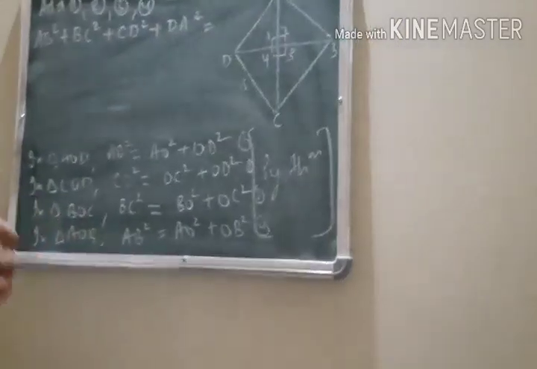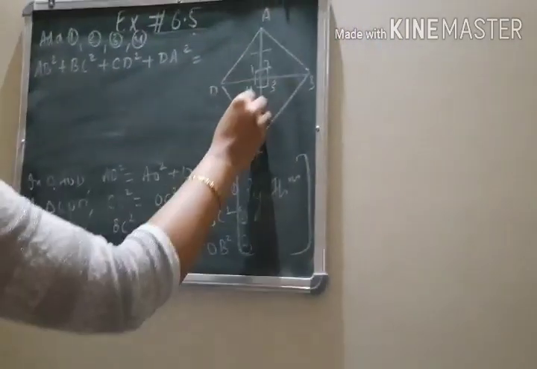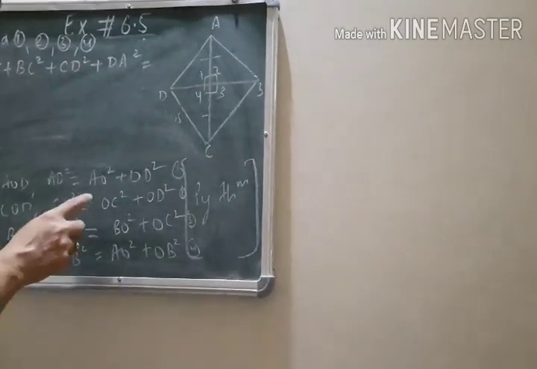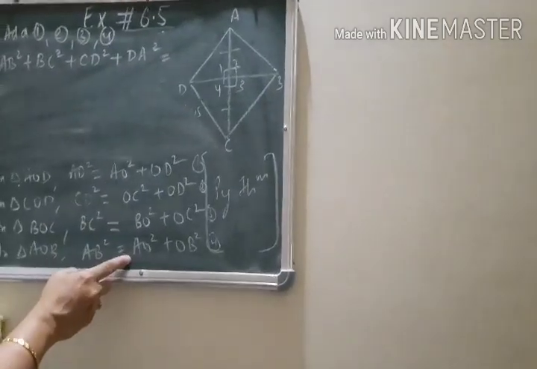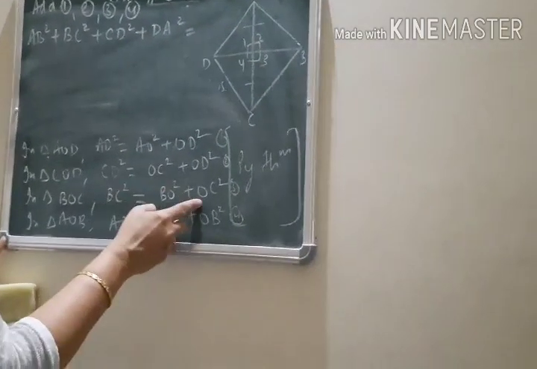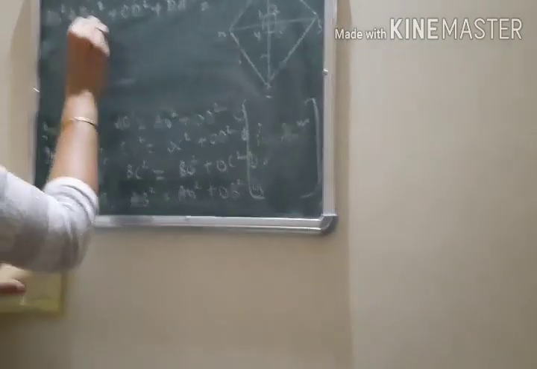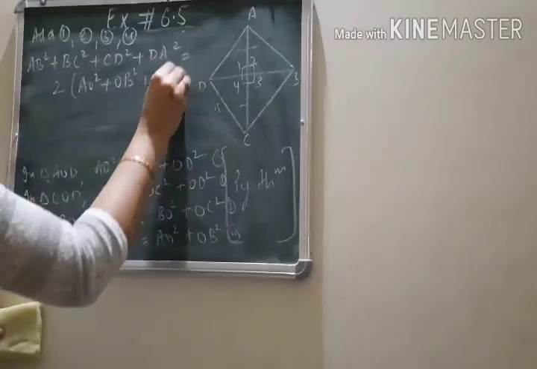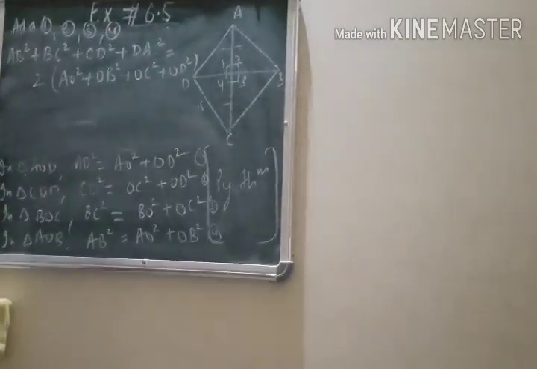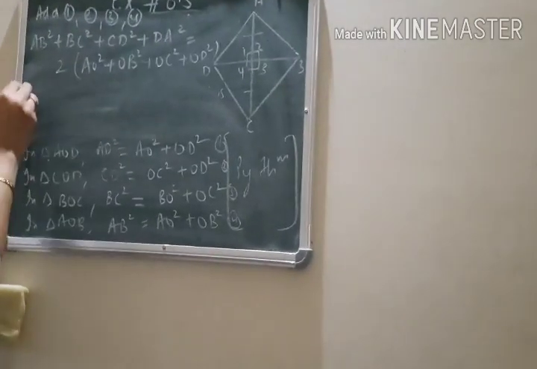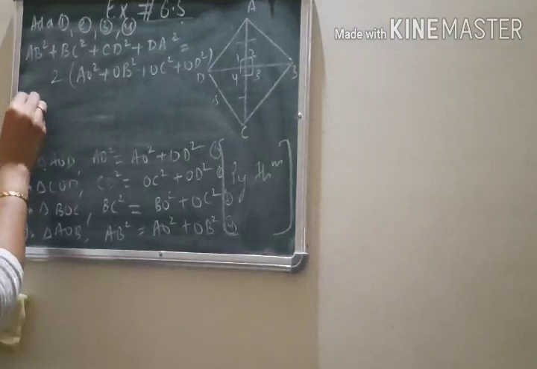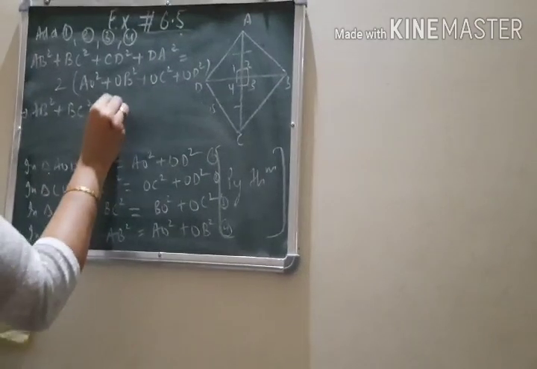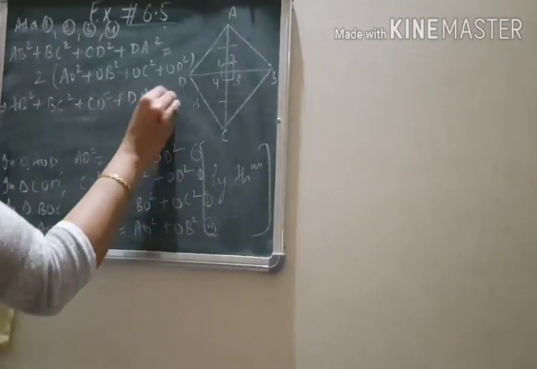Now, we know that diagonals bisect also. If they bisect, that means AO will be equal to OC, or you can say AO can be written as half AC. So first we should write that there are 2 AOs, 2 OBs, 2 OCs and 2 ODs. So we can write them as 2 common, AO square plus OB square plus OC square plus OD square. First I have just simplified it a little bit. After that, this LHS will remain the same: AB square plus BC square plus CD square plus DA square is equal to,